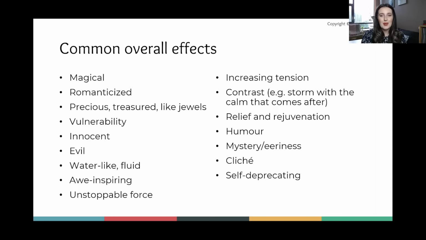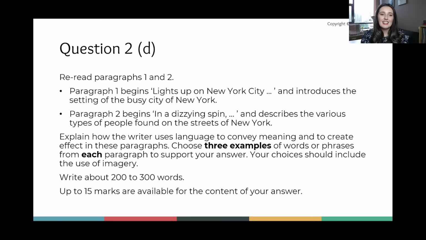To create a sense of humour. To create a sense of mystery or eeriness. To show that something is cliched, stereotypical, corny, cheesy. Or to be self-deprecating, to laugh at yourself. So I hope that this helps. It seemed to help my students. These are the most common overall effects. Give them a try. Now we're going to have a look at a question, the question 2D, and we've already